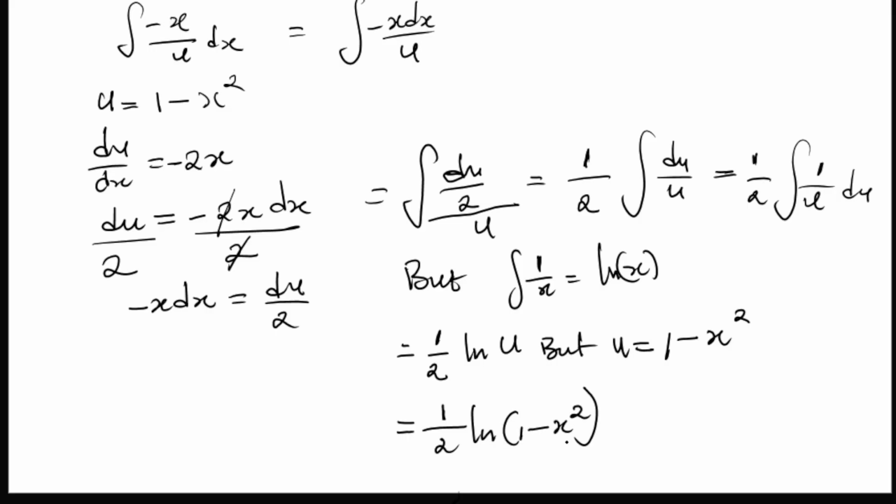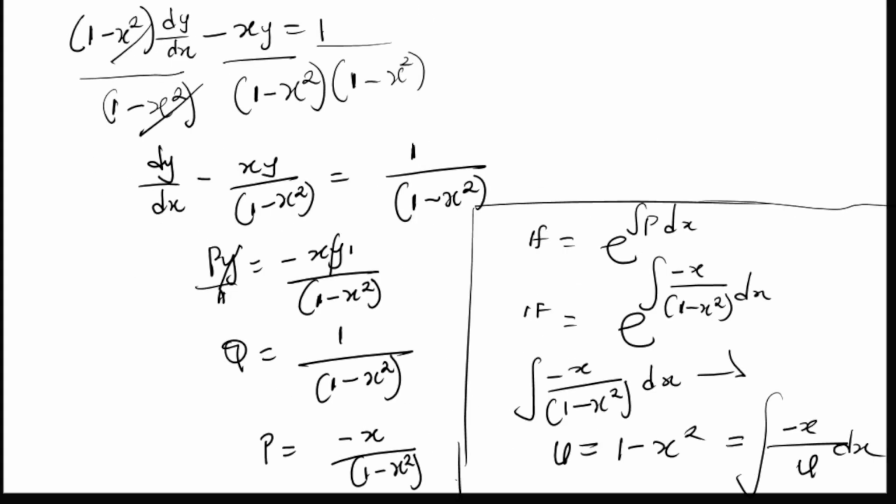No, we are not done. We are simply taking this back to our if statement, which is what we have here. If you take this back to your if statement, you simply have your new if statement to now be if will be equal to exponential of 1 over 2 ln of 1 minus x square. What do you do? Apply the concept of indices. The concept simply says, if you have